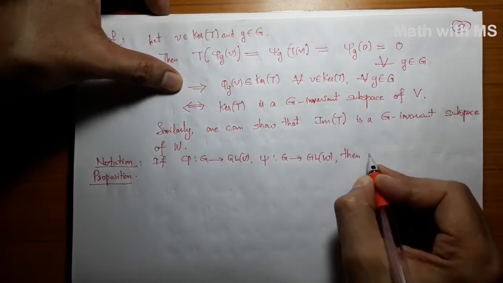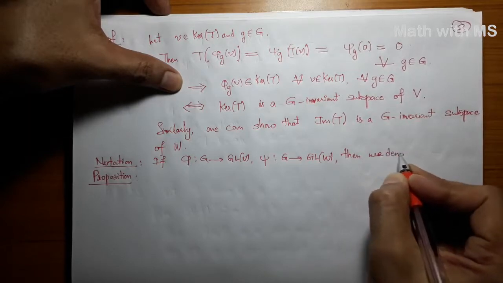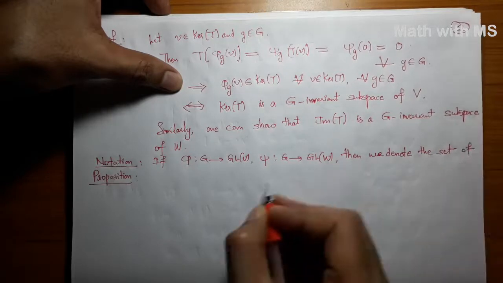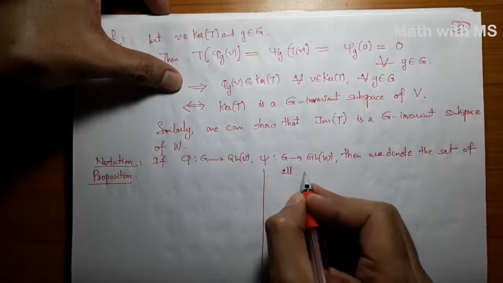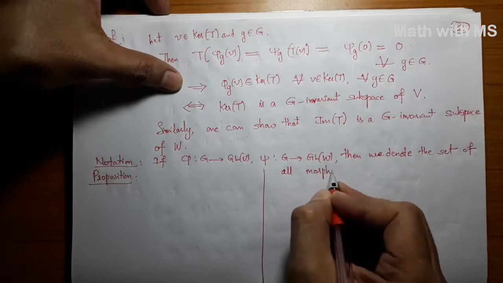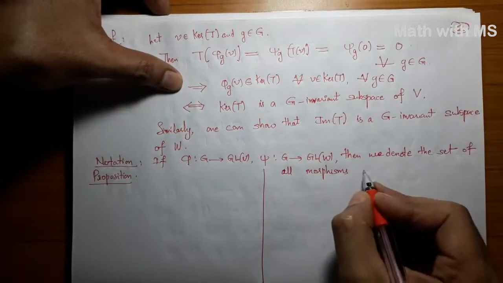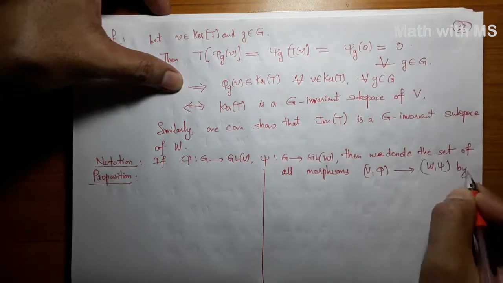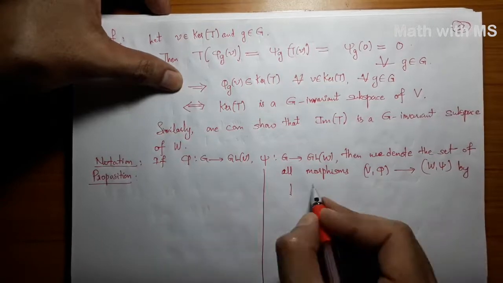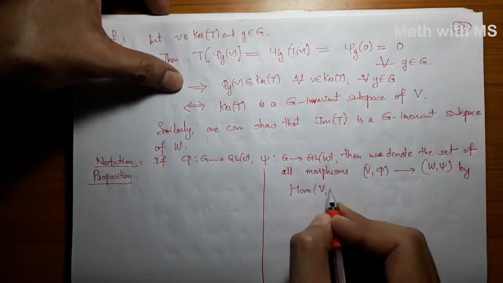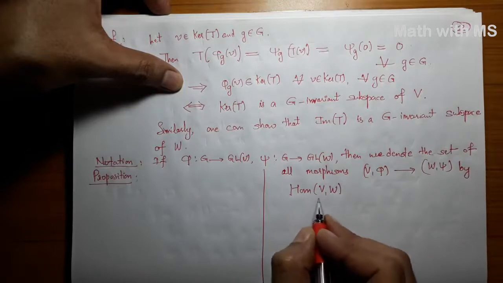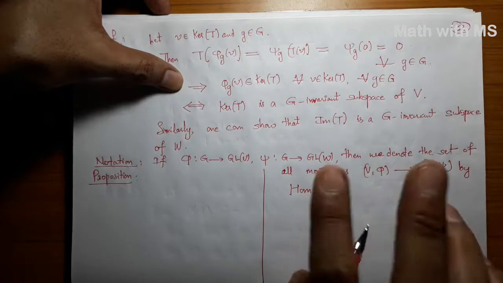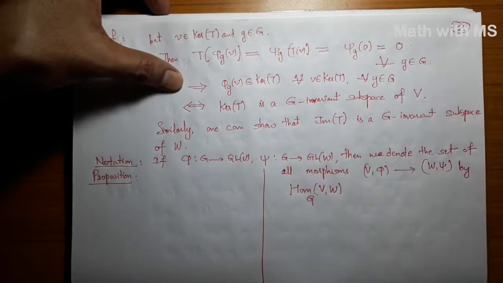then we denote the set of all morphisms from the representation (V, phi) to the representation (W, psi) by... since each morphism is actually a linear map, it is in Hom(V, W), but it is not all linear maps from V to W. They are the ones that are equivariant under this action. They preserve the action, they make the square commute. So let us write Hom_G(V, W). This is a standard notation.